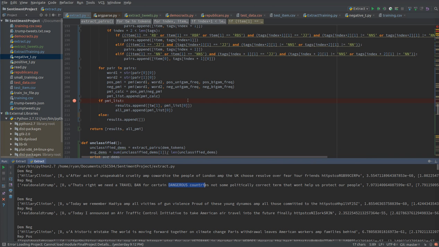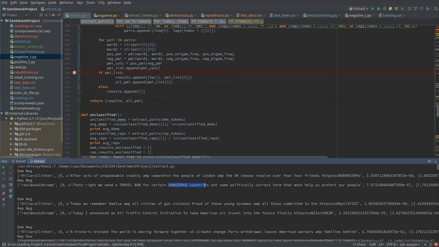So then it spits out a PMI calculation, which I store in a list, and then this list gets appended with the results,